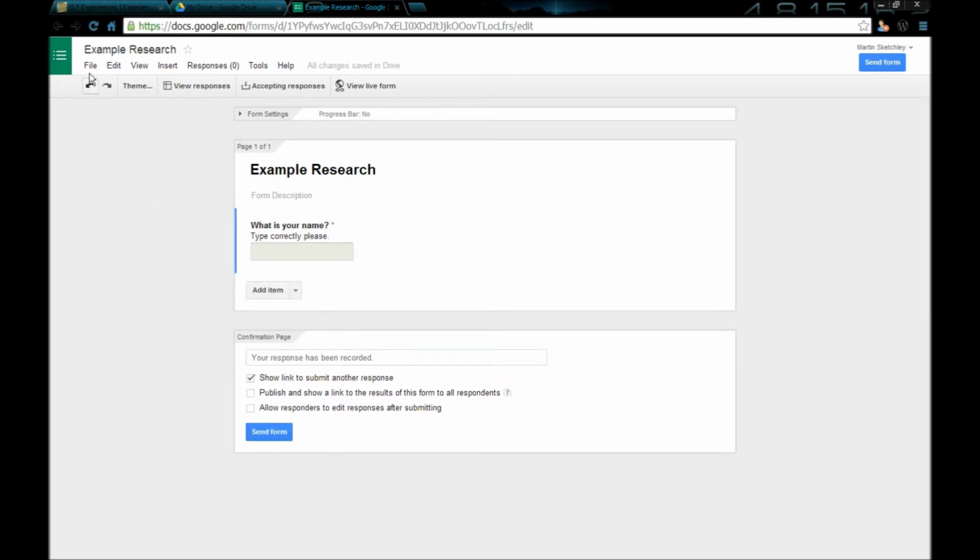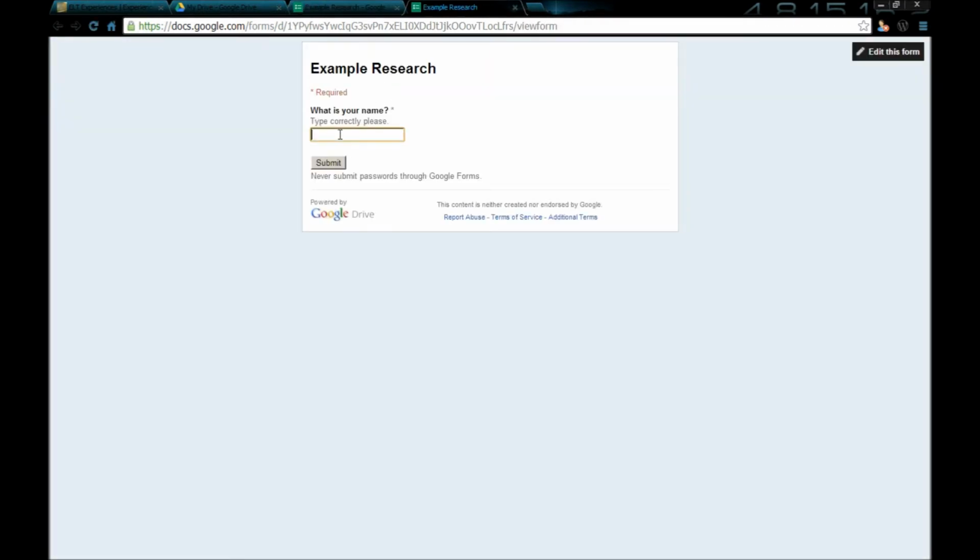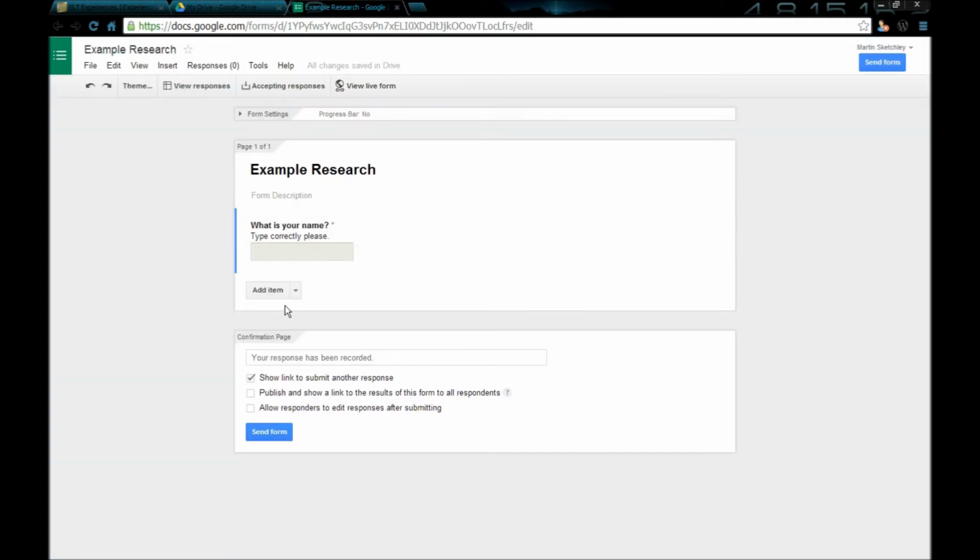Now what we have is a range of different buttons here which you can click, and when you go onto the live form you'll see it live online, so we'll click on that, and here we have the question. And this is the link that you need to have. But we'll have a look at that a bit later. Now here, when you want to add another question, you click add item,